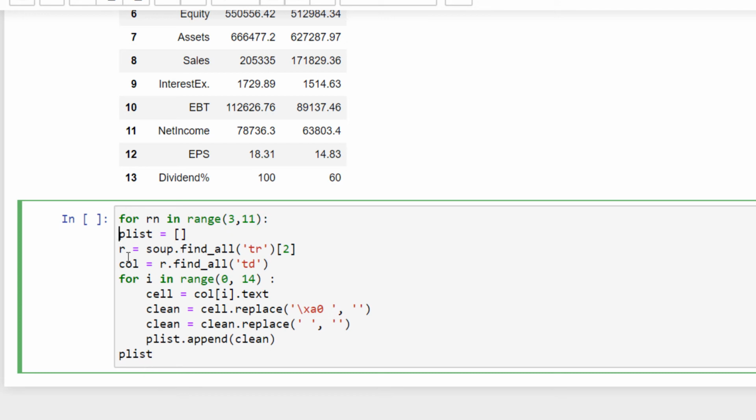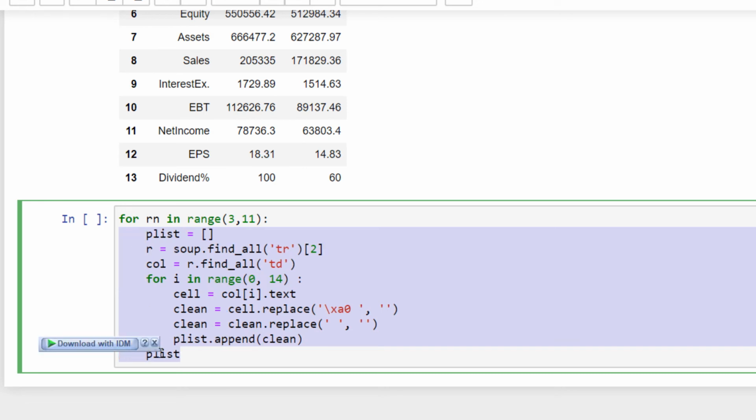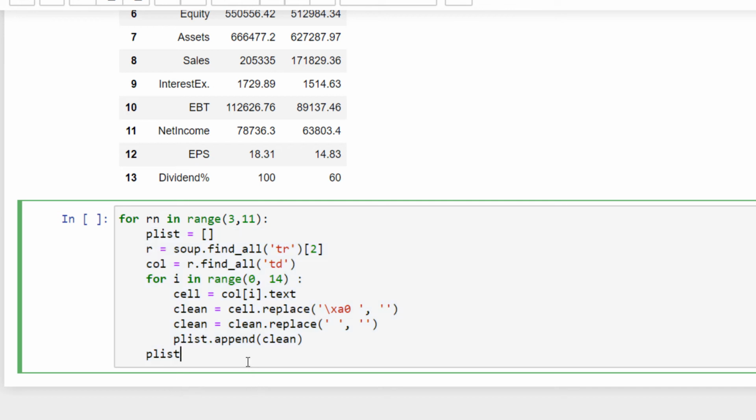And all this code is now part of the first loop. So we have to indent, select all the text, and then press the tab key. Now we have defined a variable rn which we can use here. Instead of manually entering these values, we will use the variable values.